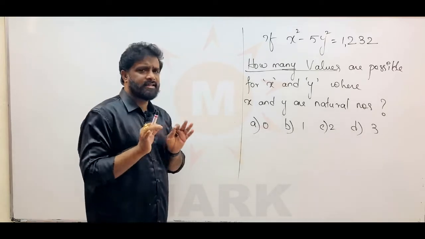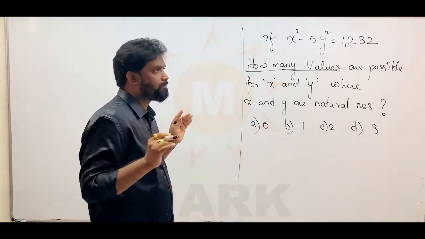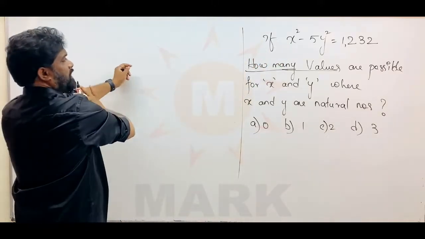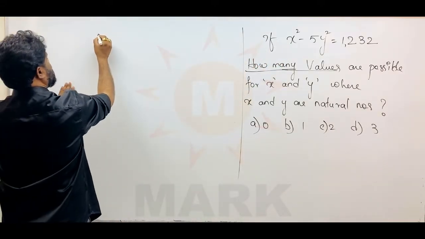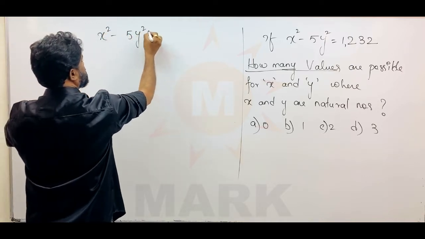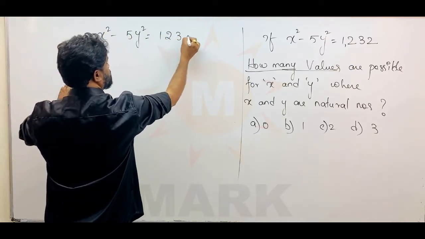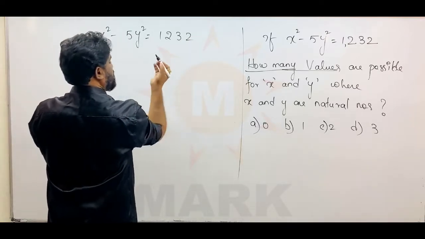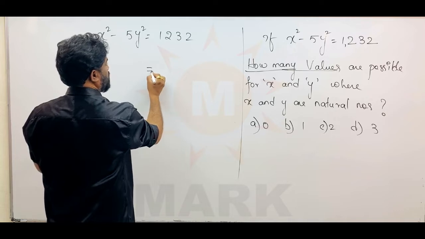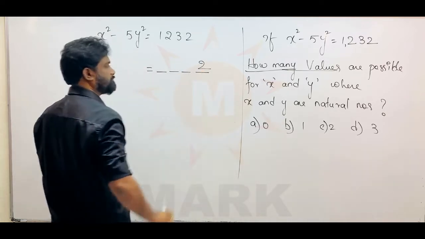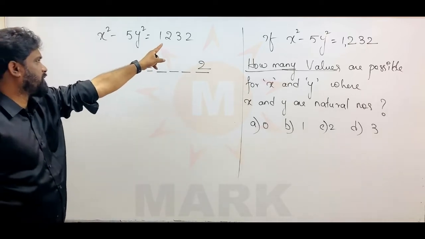With just last digit logic we can solve this question. Very simple. Actually, this one I am writing here as a last digit logic. My dear friends, clearly it is telling x square minus 5y square is equal to 1232. In the last I said we can completely solve it by last digit logic. So I am writing 2 in the last digit. 2 is there in the last place of the answer.